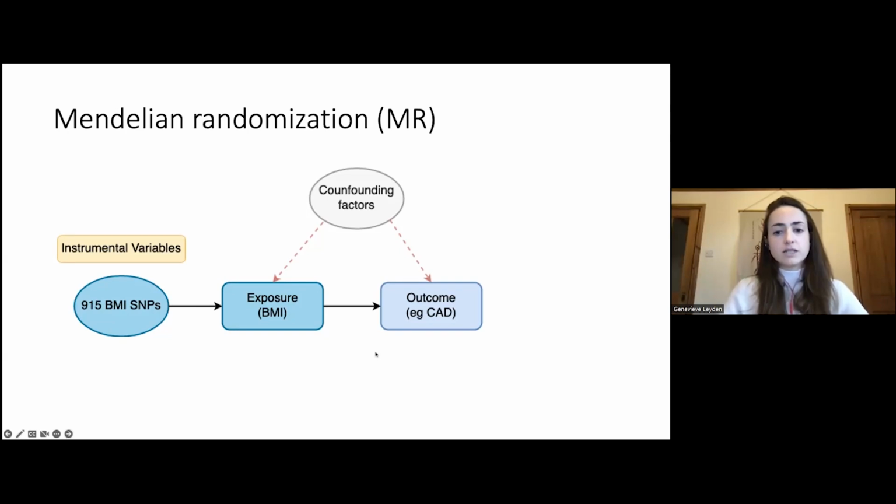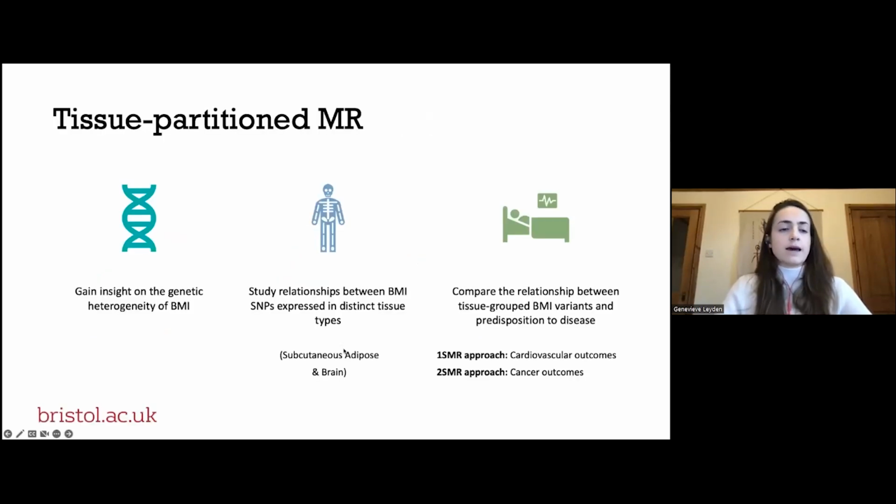This methodology is increasingly playing an important role in genetic epidemiology studies. And our insight on genetic mechanisms brings a new level of understanding to how people are predisposed to developing obesity and how that predisposition relates to disease. The contribution of individual tissues is a growing area of research. So in this study, we aim to identify and separate the contribution of BMI SNPs on disease risk based on tissue-derived gene expression. In particular, we use gene expression data derived from subcutaneous adipose and from brain tissue.